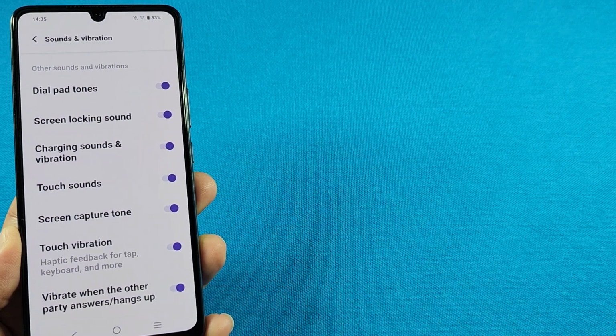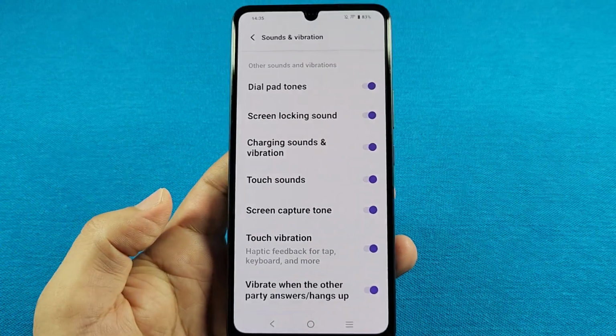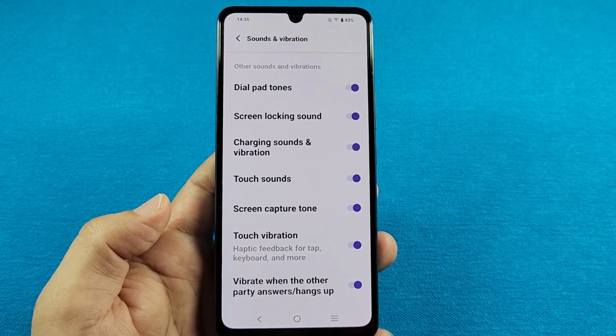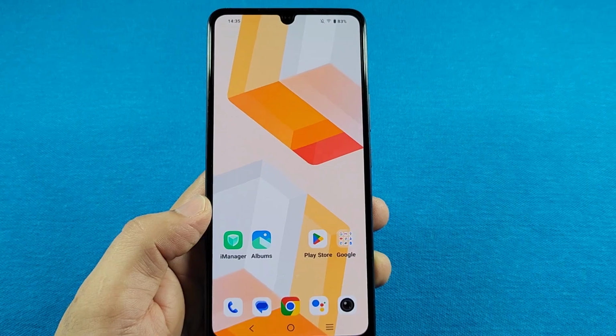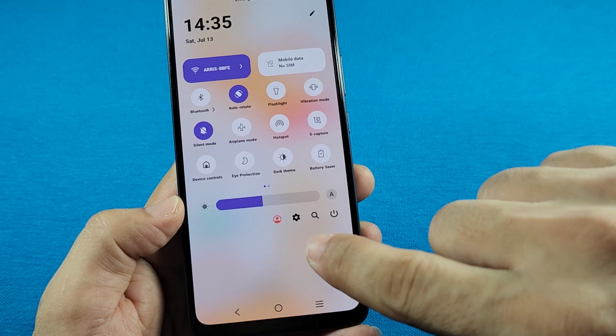How to turn off touch sounds as well as touch vibration. This is on Vivo phones with Android 14 FunTouch OS 14 global version. If you want to disable any of these, use the quick access, pull it down twice, tap on the settings